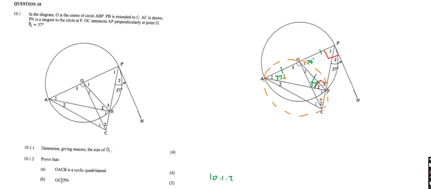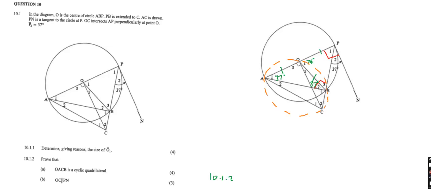See that? Because they are subtended by OB. OB subtends C2, OB subtends A1. Or I'll have to use O3 against B1. And I think O3 against B1 is going to be the easiest one to use,